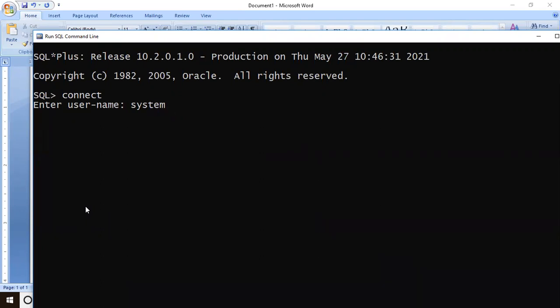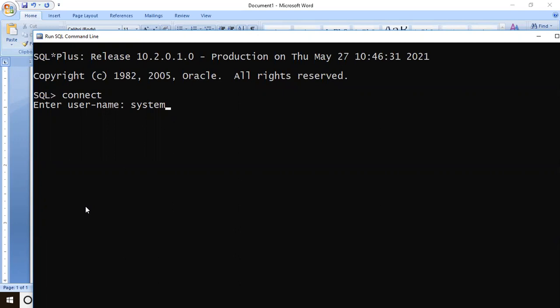Right now at home, you will be using this system. And one more thing, Oracle 10G is installable; that setup is available, and you can download it from the net easily. Those who do not have laptops or PCs at home can go to web pages called online SQL editors, and there you execute your commands.